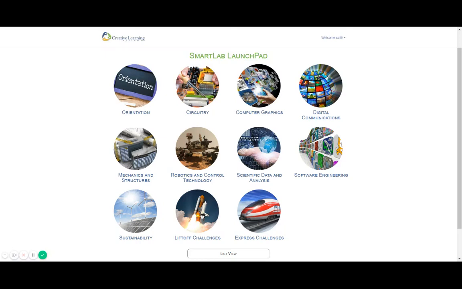How to use our new standards tracker within the SmartLab Launchpad. This is not only a great tool for SmartLab facilitators, but also for core class teachers and administrators. To access the tracker from the main Launchpad, click your name in the top right corner when logged in and